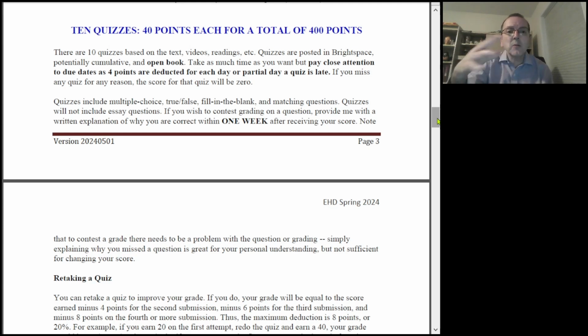I'll point out here that they're multiple choice, true/false, fill in the blank, and matching sorts of questions. They're scored automatically in Brightspace, so as soon as you complete one, you'll see what you missed and what your score is at that point. I do that in part so that you can retake the quiz. So if you go through and you're unhappy with your grade and you see I missed this and this and this, you can go back, reread the book for that material, rewatch a video that covers that material,